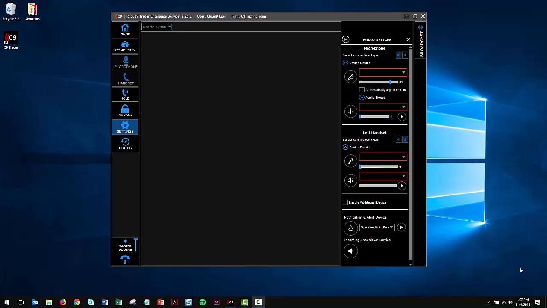In this video, we're going to review how to properly set up your user's microphone, speakers, and handset that they'll be using with the application. If this is your first time launching the application, the audio device menu will automatically be displayed on the right